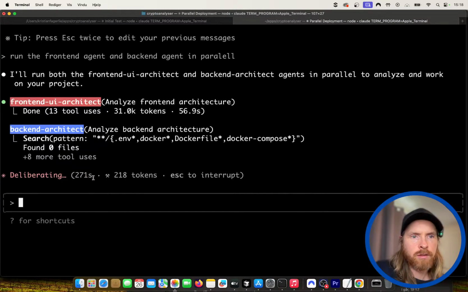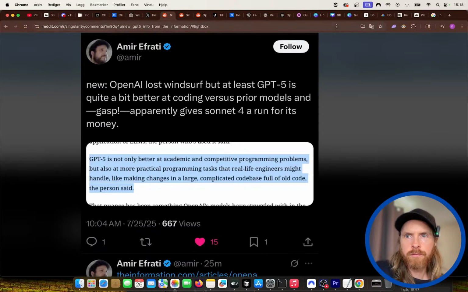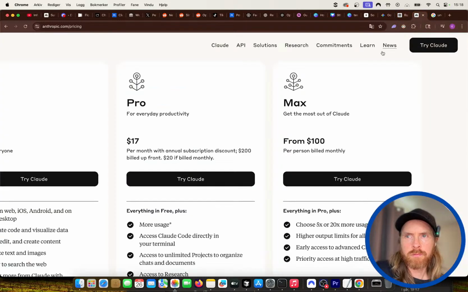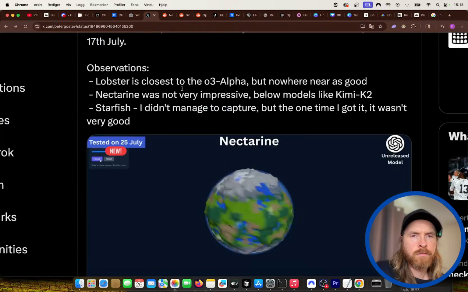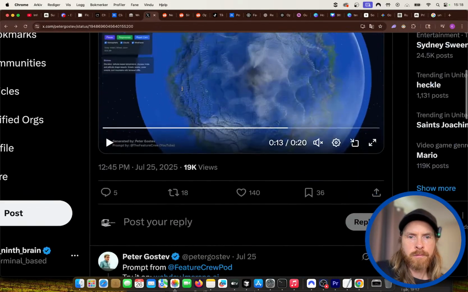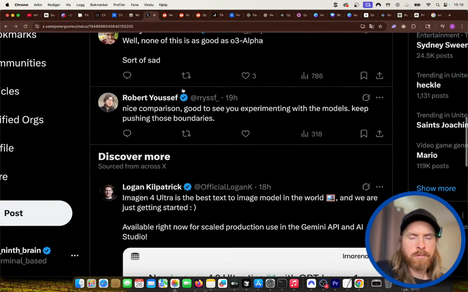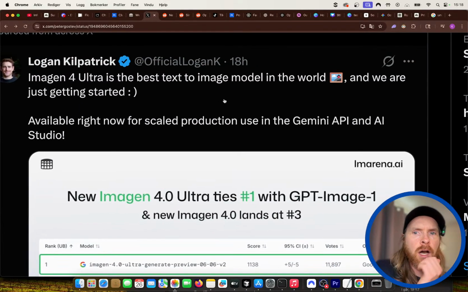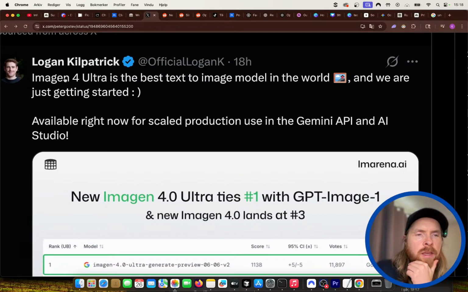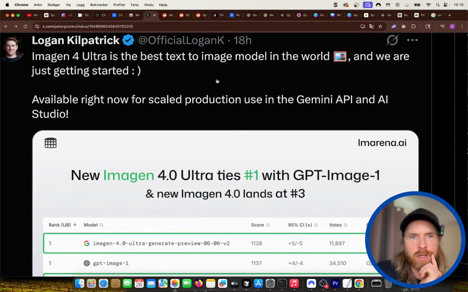I'm gonna wait this out. I saw this. Imagen Ultra is now the best text-to-image model in the world.